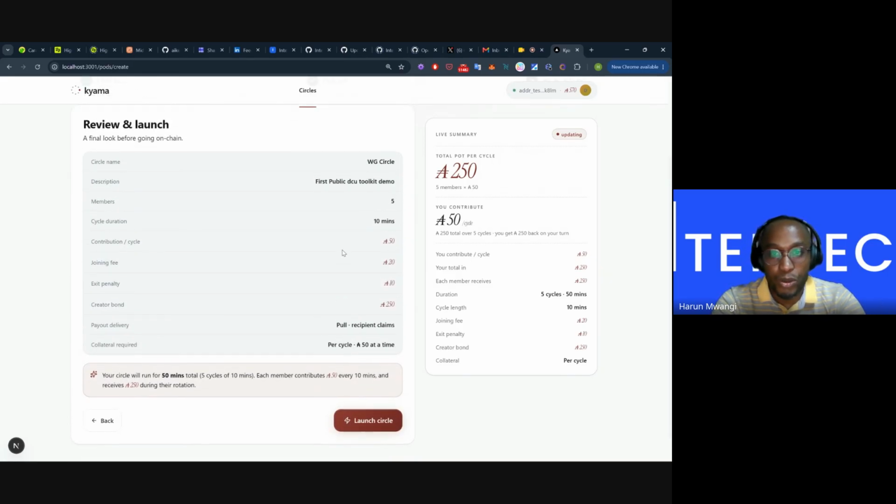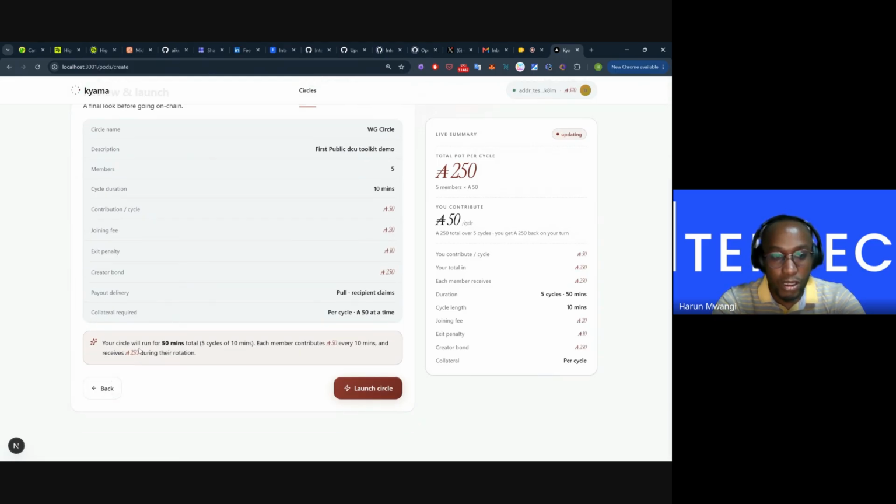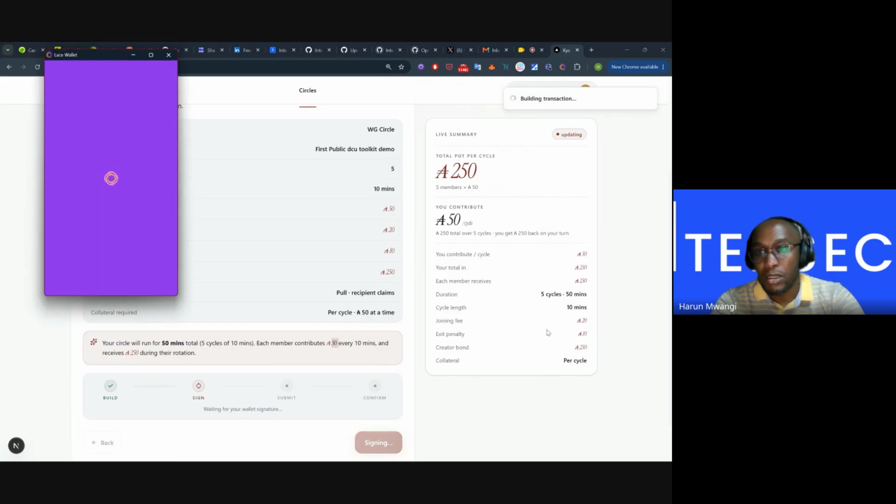And review what we have put: working group circle, first public DCU toolkit. And after review, a warning here: your cycle will run for 50 minutes in total. That means each cycle gets about 10 minutes. Each member contributes 50 ADA every 10 minutes and receives 250 during their rotation. So each member should receive 250 when it's your turn, and each member should contribute 50 every rotation cycle. So launching,